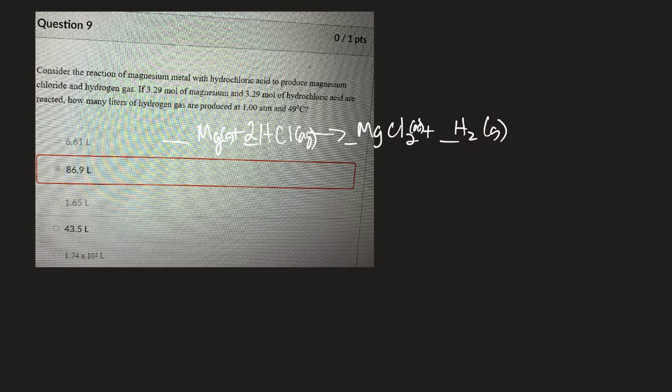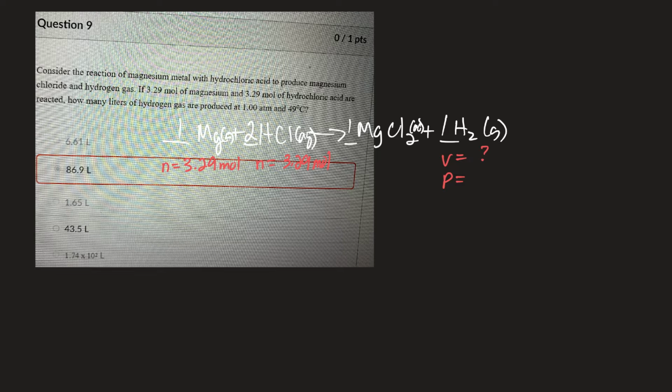So I need a 2 there. I think everybody else is good. All right, so 1 to 1 to 1. So they say if I have 3.29 moles of magnesium, nice that they already converted it to moles for us, and I have this many moles of hydrochloric acid, they say how many liters or what volume of hydrogen gas is produced, and they tell us that the pressure,